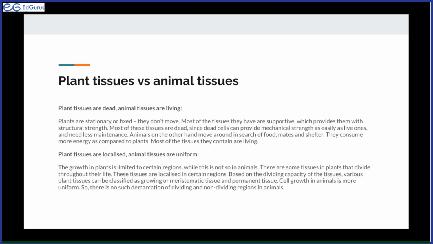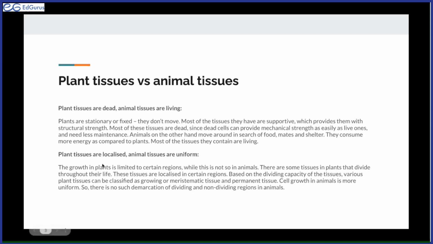Now the reason for this is that plants are stationary, right? They don't move. Which means that most tissues that they have are there to give the plant support. But if you compare this to animals, animals move around a lot, right? So the functions that animal tissues perform will be more than just support, but will also be pumping blood, moving the muscles, etc. So the animal tissues need to be alive so that they can help the animal perform its living functions. Whereas in plants mostly the job of the tissues is to just give support, right? So the tissues are dead.